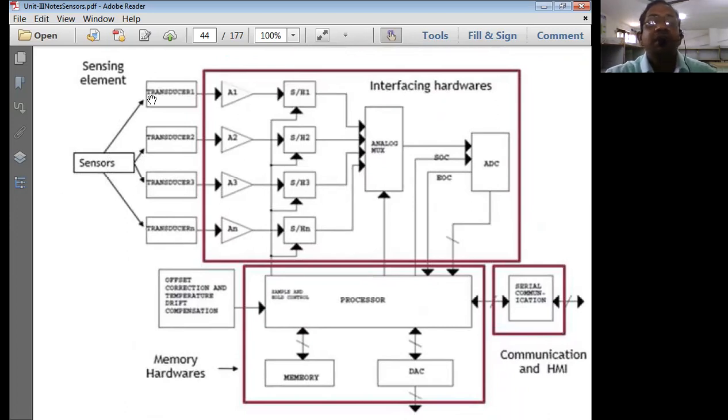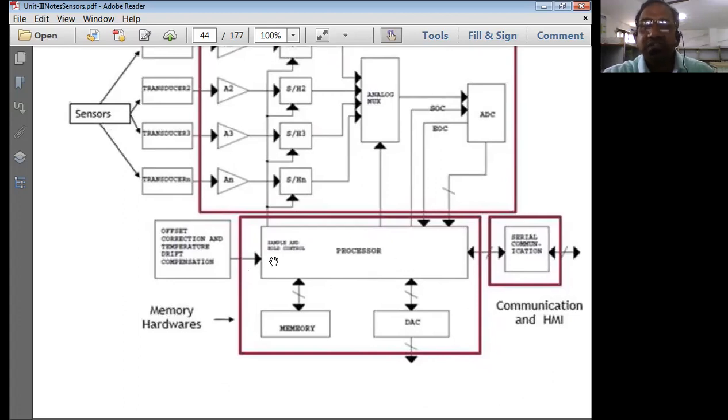So that I can give it to the various buffers, A1, A2, A3, A4 onwards. These buffers are given to flip-flops, set-reset kind of flip-flops normally used. Using these flip-flops, we process these signals, and then these signals are transmitted using a multiplexer. What does the multiplexer do? A multiplexer converts many to one. These analog signals are applied to the A to D converter, so that the digital data we get from the ADC gets processed by the computer-based processor system.